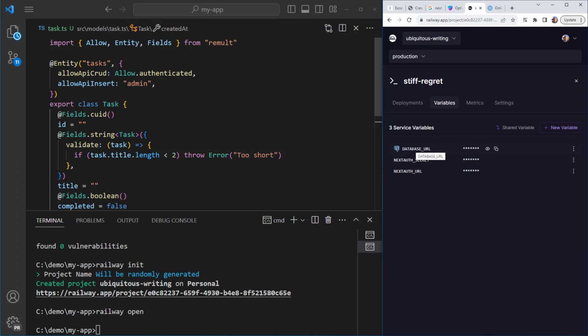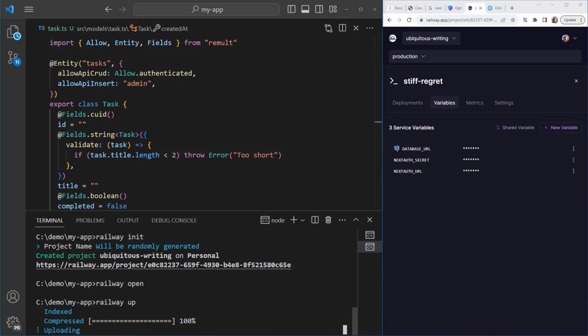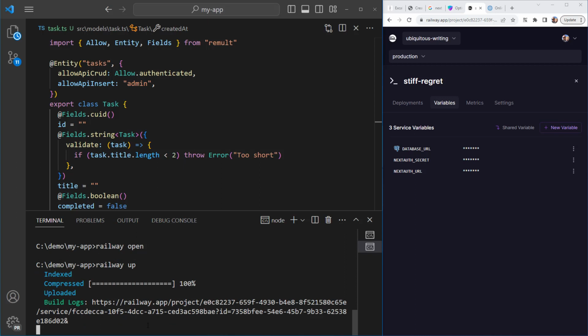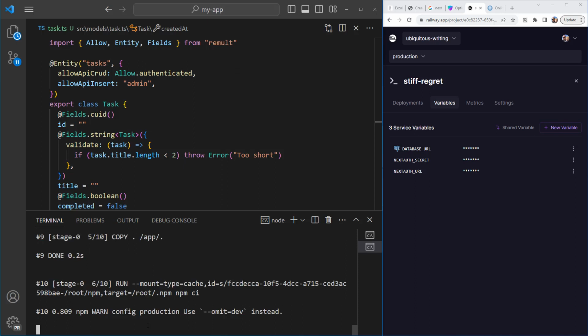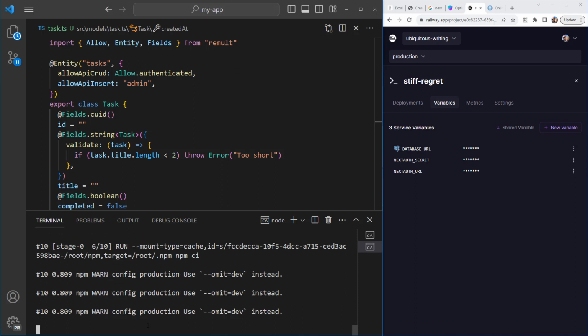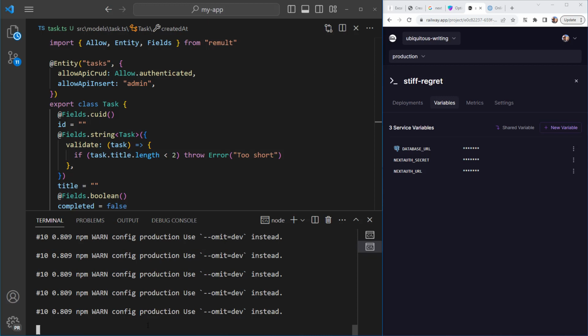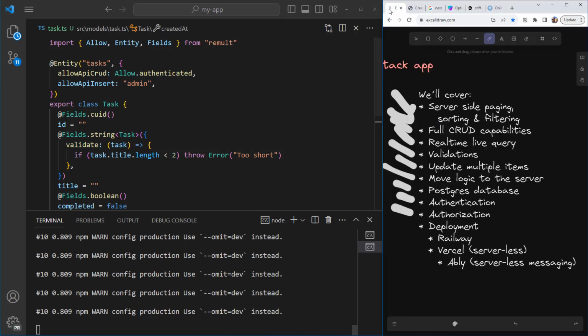So once we have these three environment variables, we can go and say Railway.app. And Railway.app will basically upload the source code to Railway. And Railway will then run npm install, npm build, and npm start, which will run the Next app properly. Now, while it's running, let's go ahead and discuss a few more things that I didn't get a chance to